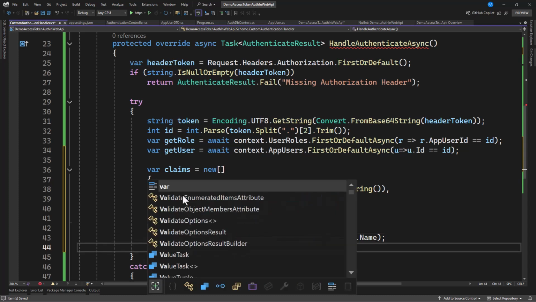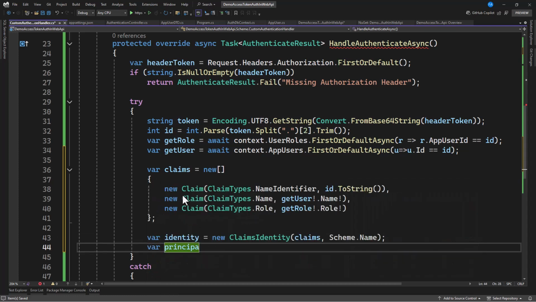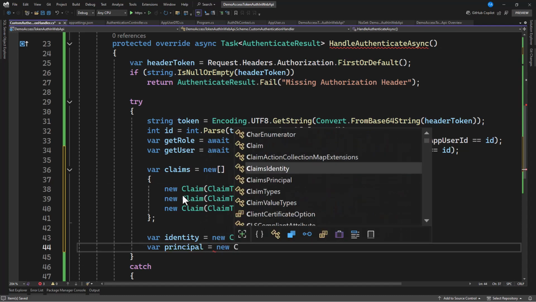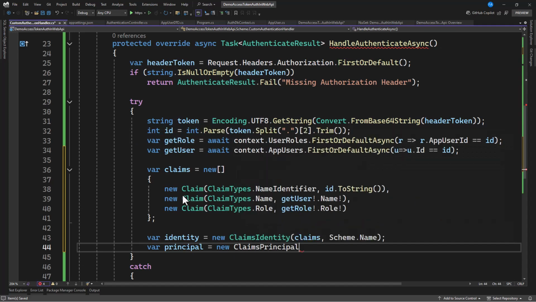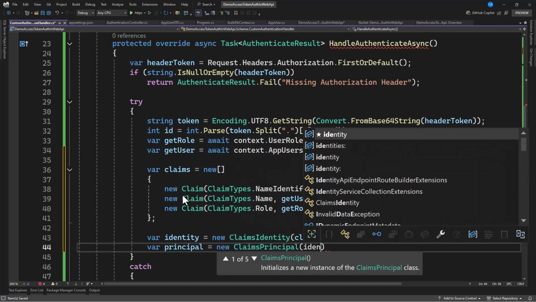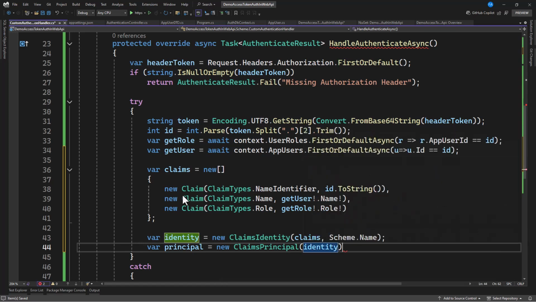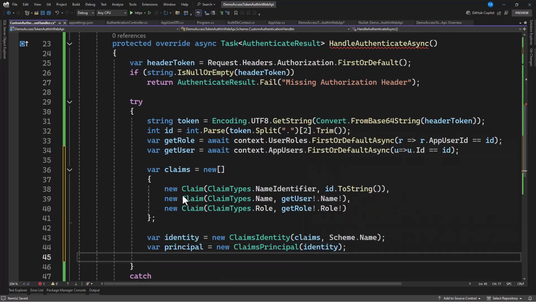Then let's have our principal. Now this principal here is equal to new claim principal, because here we're going to authenticate the user to our system, passing this identity. Then the next thing is you have to create a ticket, like a bus ticket, a plane ticket, and it gives you the opportunity to pass this. So we say this our ticket,